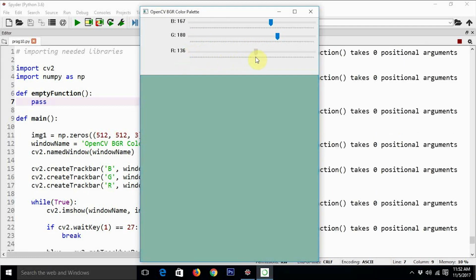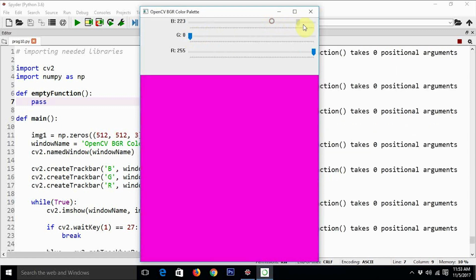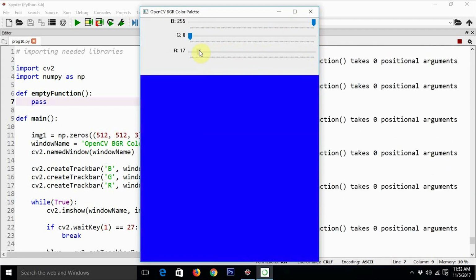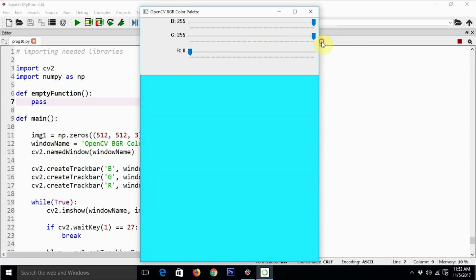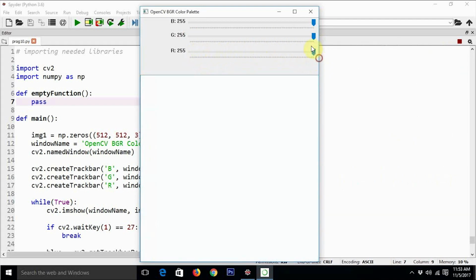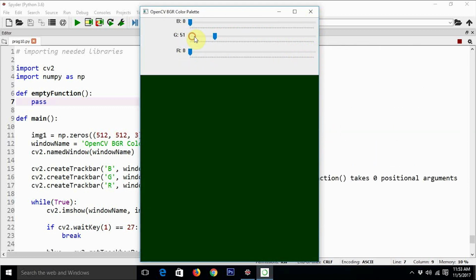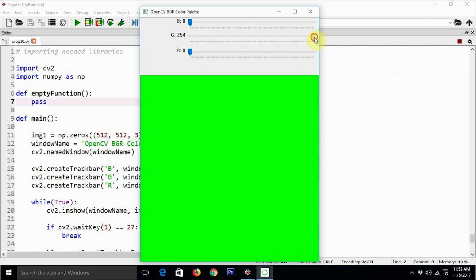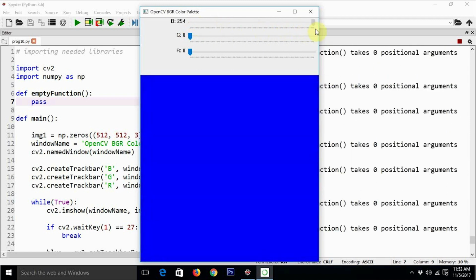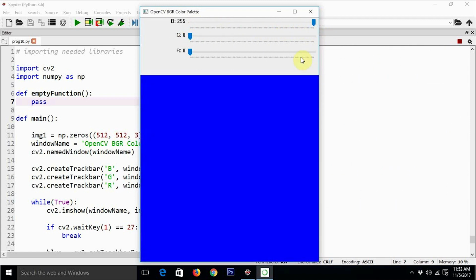Yes, it is changing the color. You can see the green value is 0. Now red color is full, 255. This is like dark blood red. Now let's make it dark green, and now dark blue.